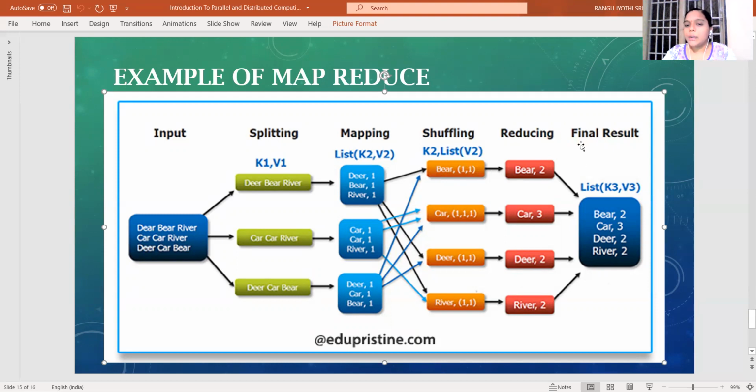In that way, it will sum up the frequencies of each word from the whole output of the shuffling phase. And finally, it will return that total occurrences of each word to the resultant phase. This is how the MapReduce actually works. Finally, to conclude this, let me summarize this.